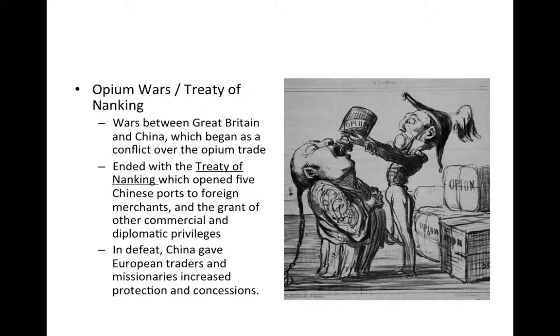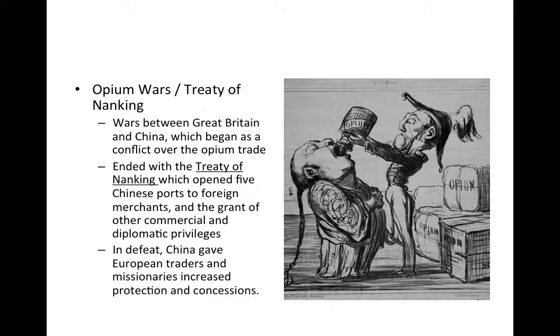All right, the Opium Wars, I think that's a great example of economic imperialism, right? We talked about the Chinese resisting the opium trade. A war erupts between England and the Qing people, and it resulted in pretty much a loss for the Chinese, the Qing government. It resulted in the Treaty of Nanking, which helped England because it opened up more ports in China. It gave them commercial privileges, trade rights, and also diplomatic privileges, right?